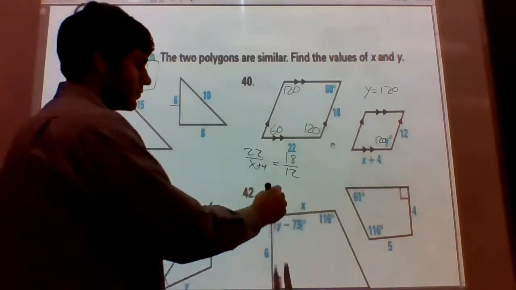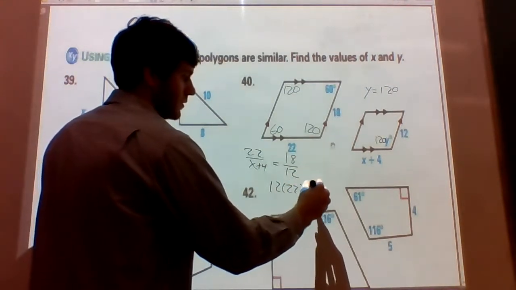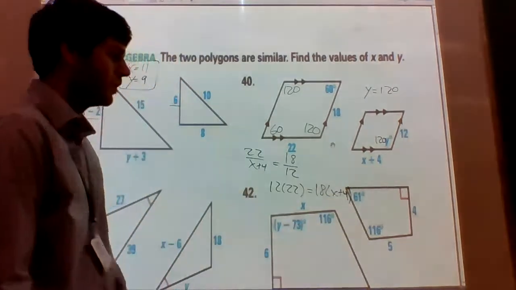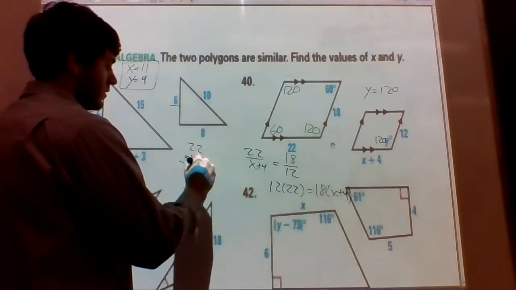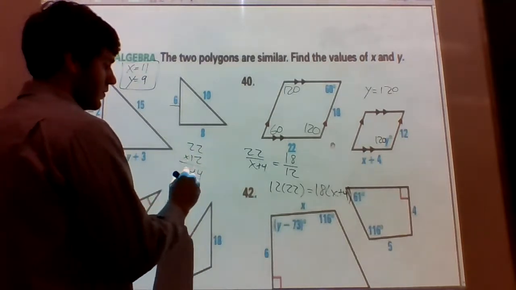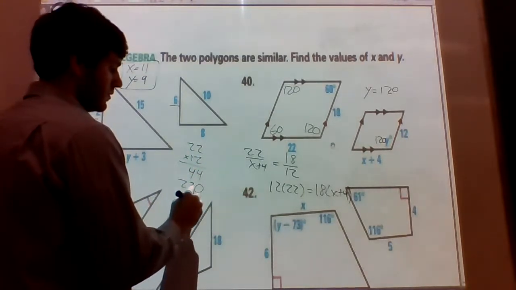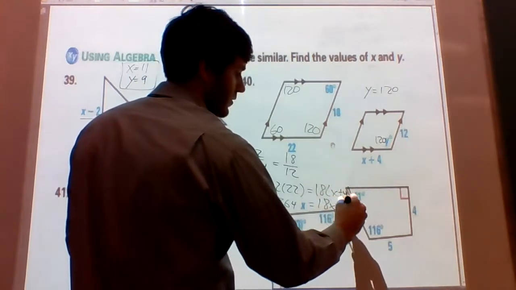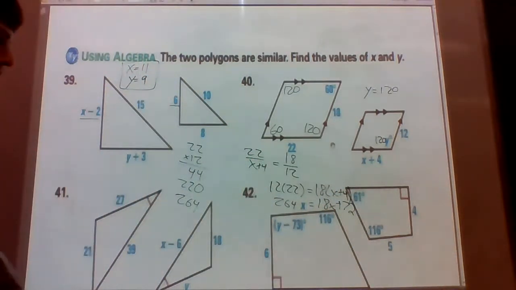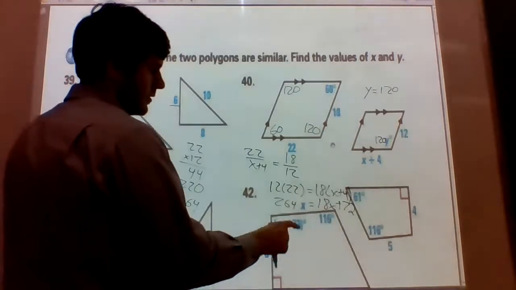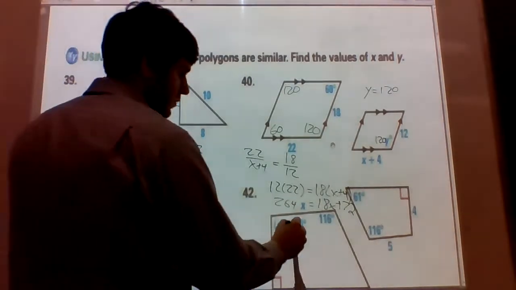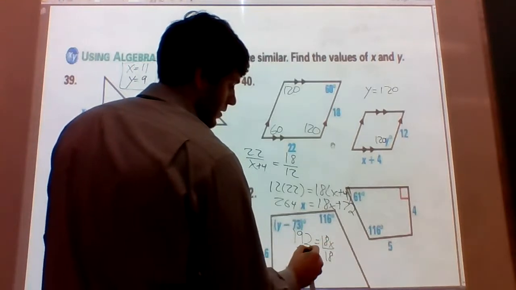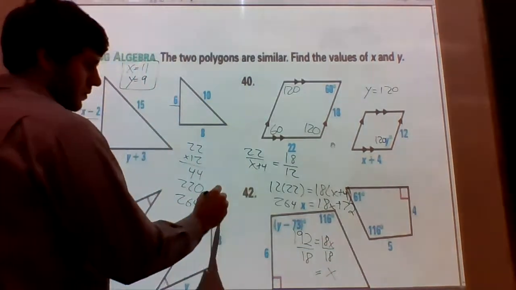Cross multiply. So 12 times 22 is going to equal 18 times x plus 4. Okay, 12 times 22 is 264, which is going to equal 18x plus 72. Subtract 72, 192 equals 18x. Divide by 18, and we get x equals